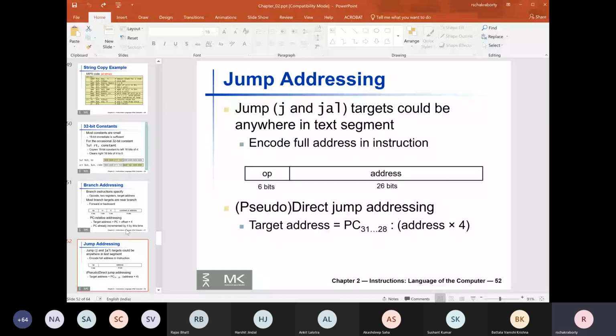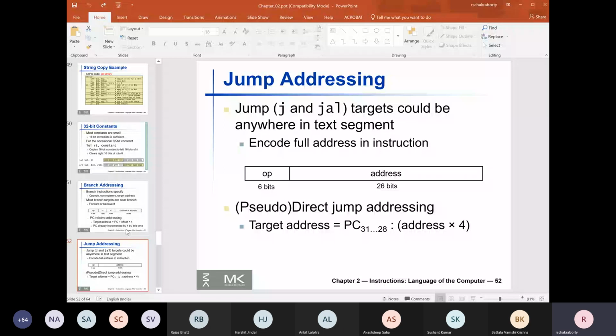To get that entire address, you also need information about the MSB 4 bits of the program counter. It looks like a direct jump address, but it is not. It's called a pseudo direct jump address.